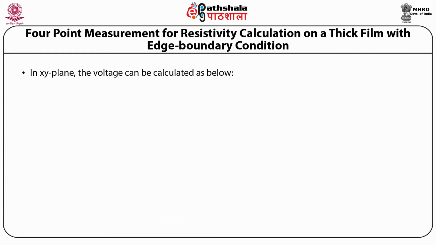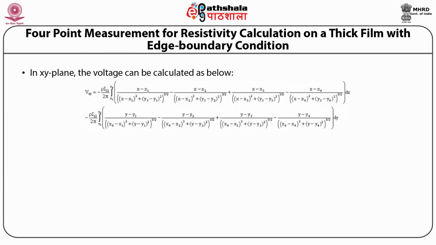In the xy plane, the voltage can be calculated as V65 equals minus rho I12 divided by 2 pi into the integral from x5 to x6 of (x minus x1 divided by (x minus x1 squared plus y5 minus y1 squared) whole raised to power 3 by 2, minus x minus x2 divided by (x minus x2 squared plus y5 minus y2 squared) whole raised to power 3 by 2, plus x minus x3 divided by (x minus x3 squared plus y5 minus y3 squared) whole raised to power 3 by 2, minus x minus x4 divided by (x minus x4 squared plus y5 minus y4 squared) whole raised to power 3 by 2) dx,